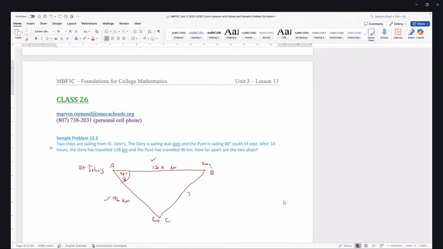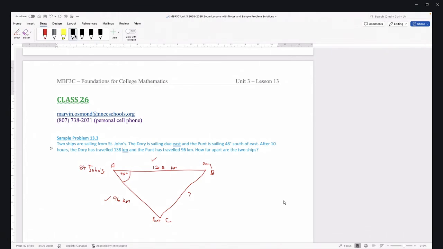So we drew the diagram and we labeled the diagram A, B, and C. So here is the dory. That's where she is. That's where the punt is. But we labeled the vertices, the points where the two sides meet in the triangle, which is called a vertex. We labeled them A, B,